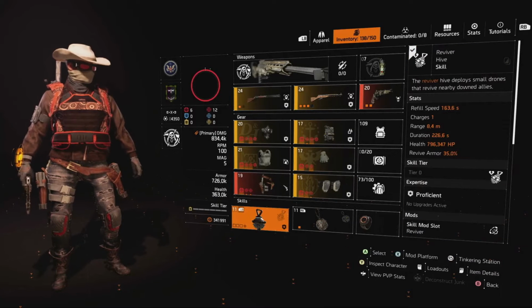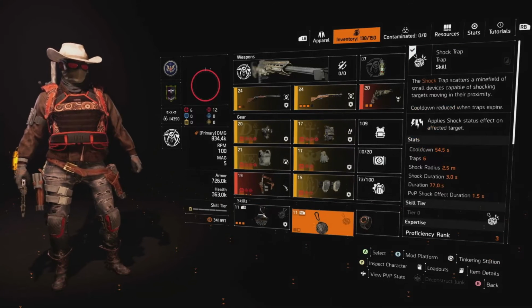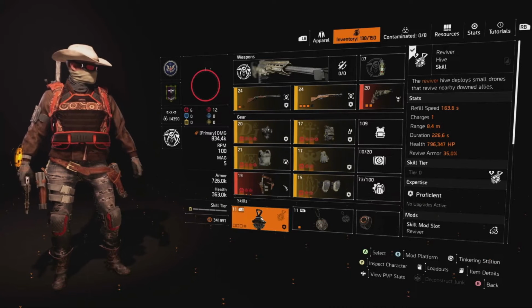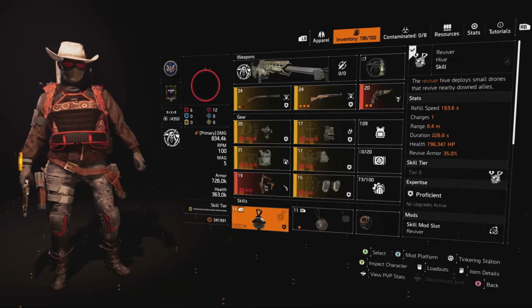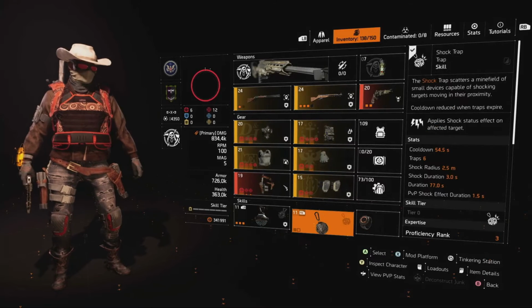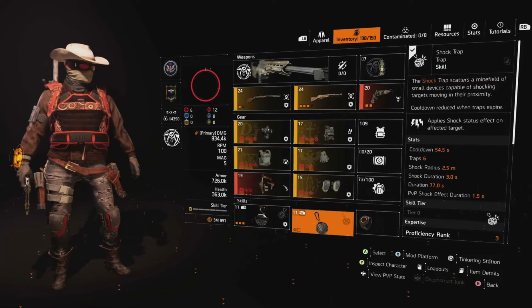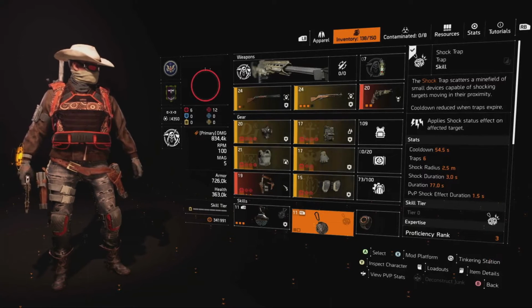And then here we have our skills. Personally, I've gone with the Reviver Hive and the Shock Trap skill. The Reviver Hive is equipped here because we are rather squishy on this build, and it really stinks to go down and not be able to come back up. The Shock Trap I put on a number of stationary builds. It's a good way to provide yourself a buffer against rushing enemies, which can really spoil this build,